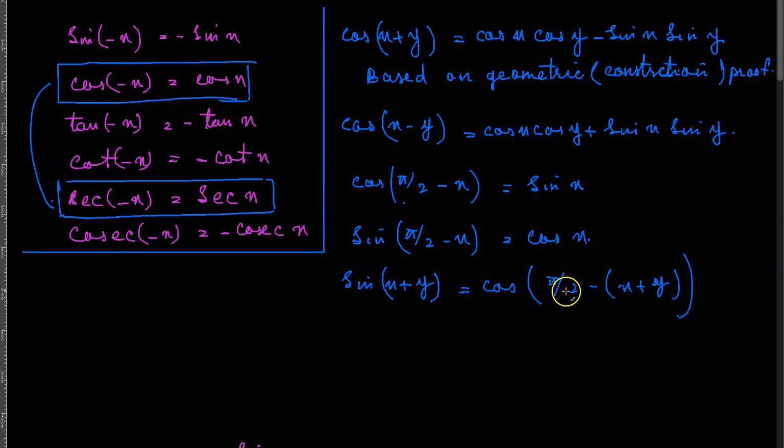But what I can do is write this as cos of pi by 2 minus x and minus y, right? I can write this as cos of pi by 2 minus x minus y. Just multiply this negative by this x and y, and then put these two together and take the cos of that. So we said that cos of pi by 2 minus x is equal to